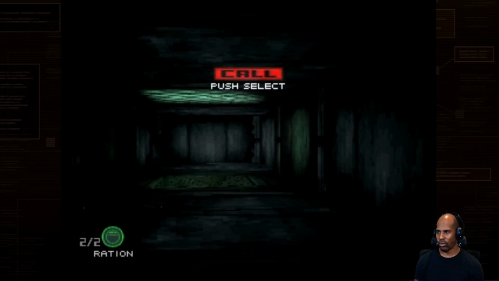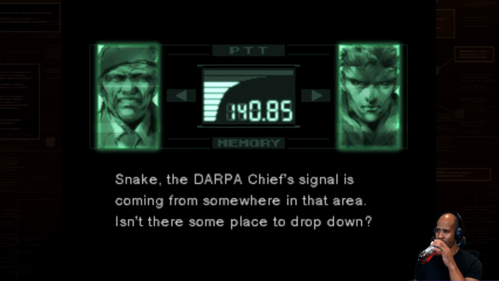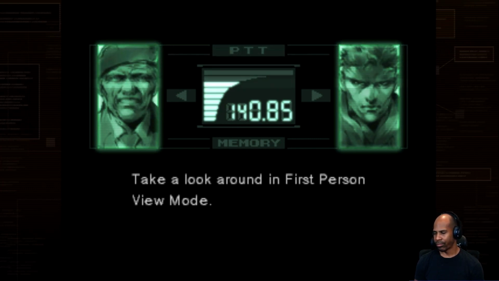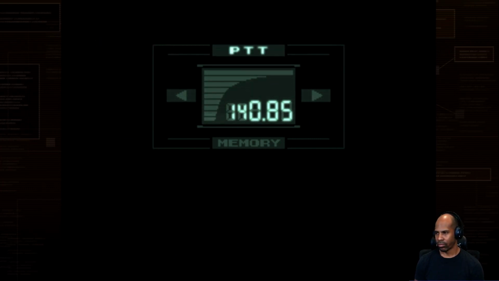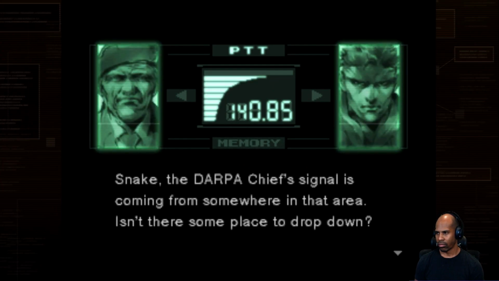Snake, the DARPA Chief's signal is coming from somewhere in that area. Isn't there some place to drop down? Take a look around in first-person view mode. Snake, the DARPA Chief's signal...